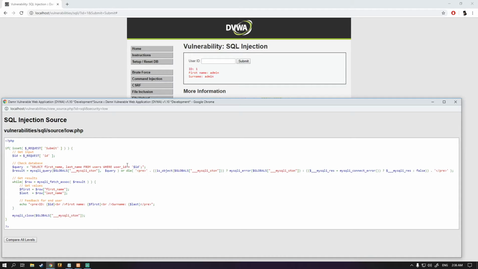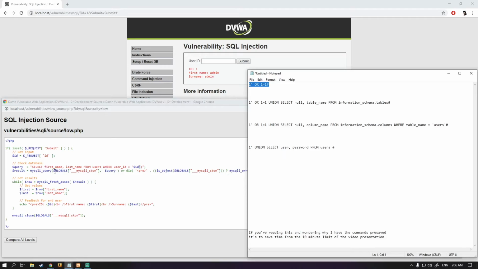So how would we do that? We're going to make our query think that it ends this ID early and continue it on afterwards, and then comment this out later. So the way we do this is simply saying select first and last name from users where the user ID is equal to 1 like we had before, or